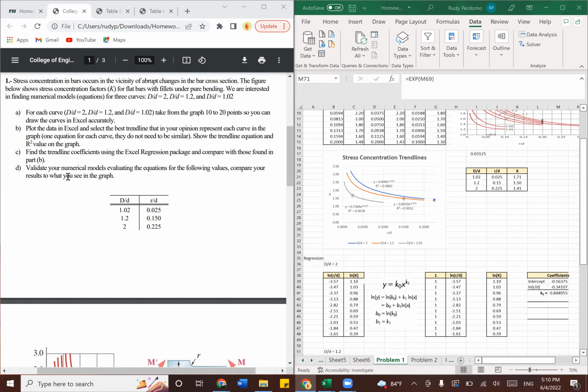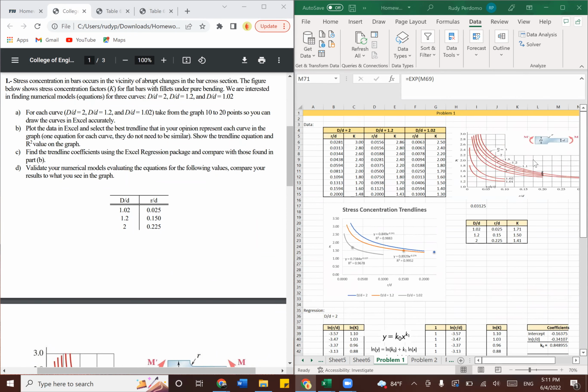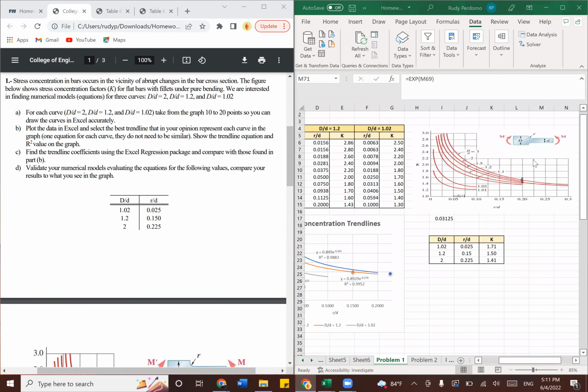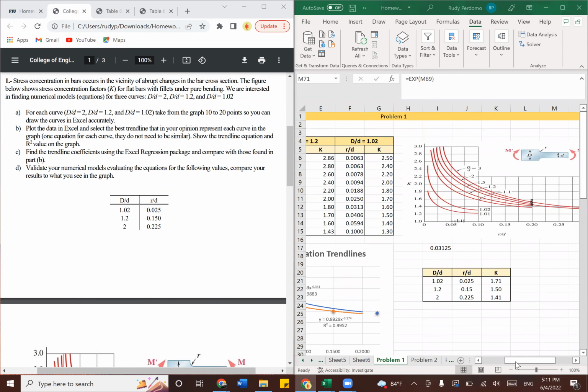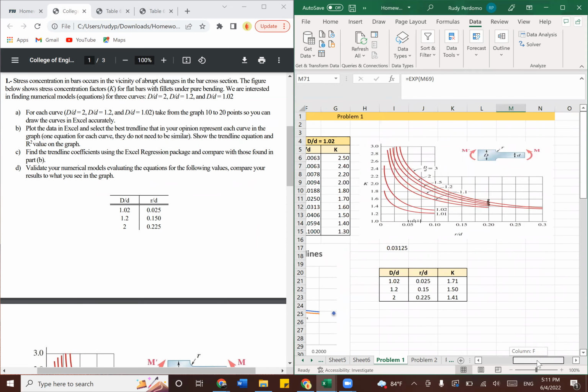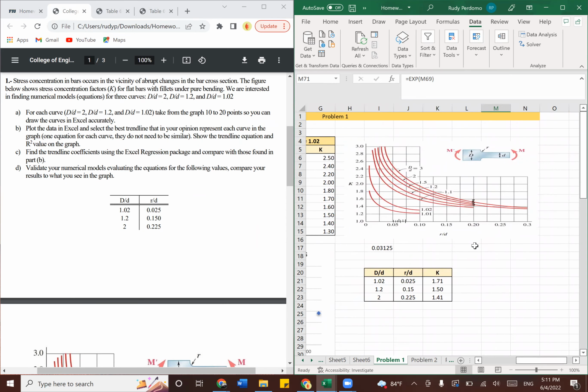Then you validate your numerical models by evaluating this x value for the curves. So for the curve 1.02, you should evaluate it at 0.025 and then compare that value to what you see on this graph right here. So if we look at this graph right here, and we see for this curve 1.02, this one right here,